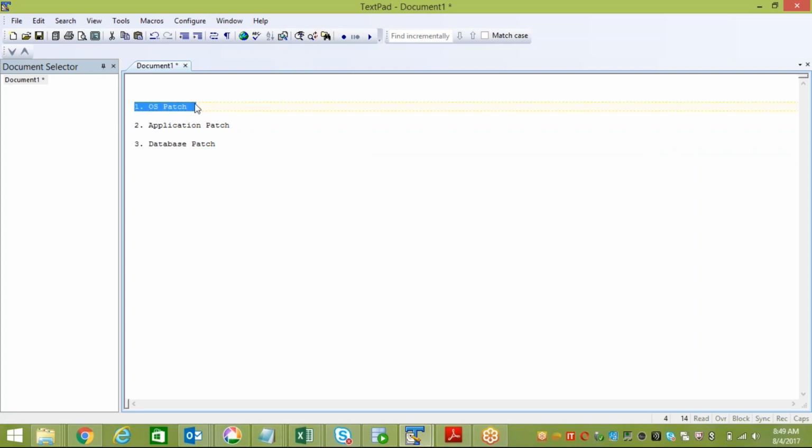The OS patch will be applied to the operating system, meaning it executes the RPMs and security-related patches. You don't need to worry about operating system patches; they will be taken care of by the OS admins. Even sometimes,